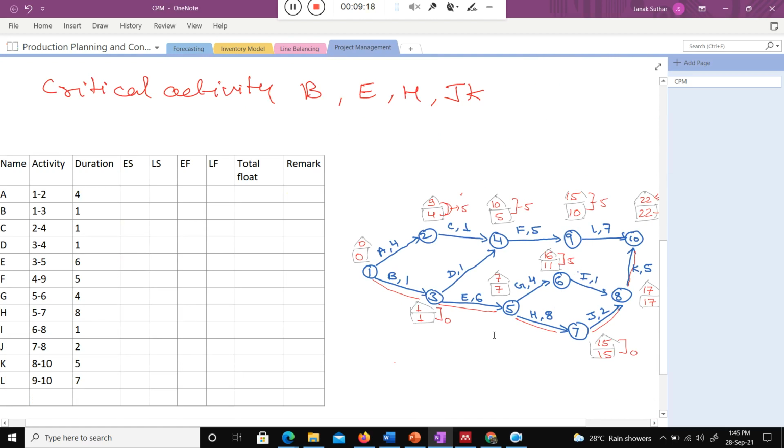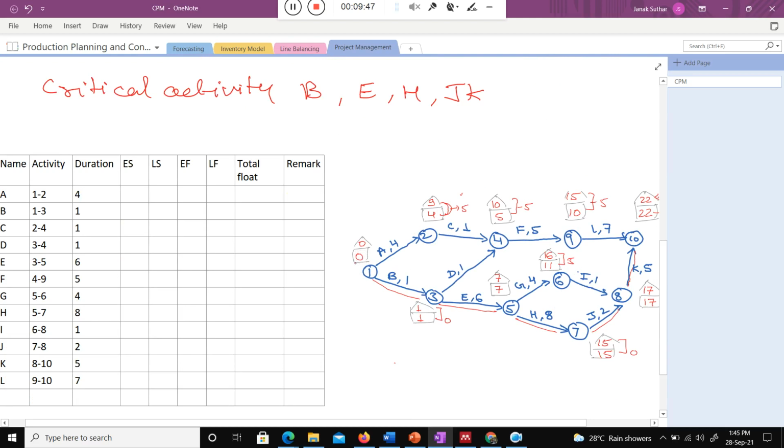Okay. So the one point when I talk about this forward pass, in that particular time I consider this one is the 0. What is the meaning of the 0? It shows the early start of that particular activity. It means the earliest I can start that activity. Now I can start that particular activity. So that is the early start. Just try to understand. At 0 if I start, that is the early start.